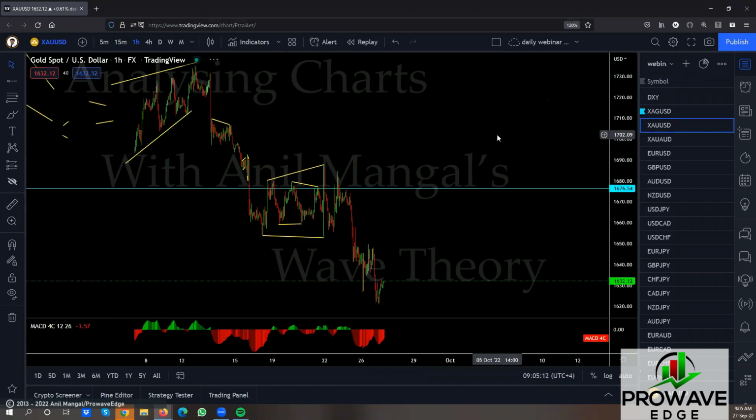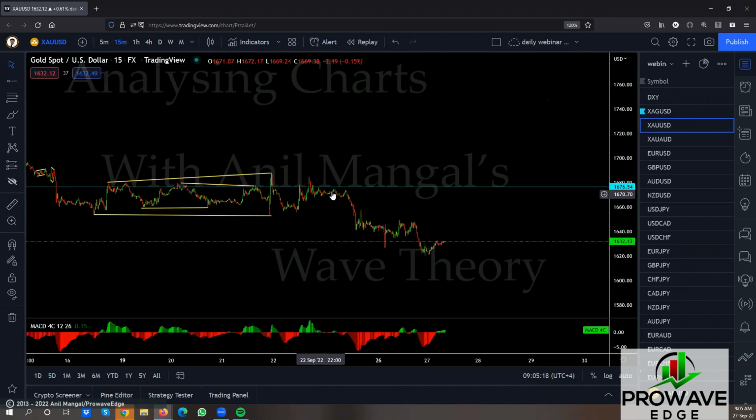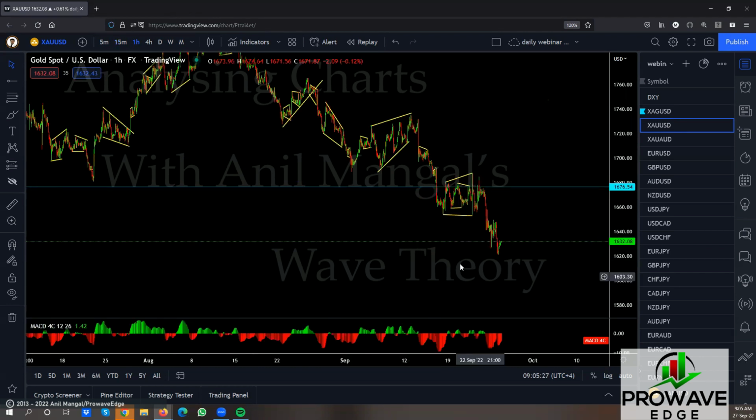Let's go. Gold, that was a sell. Right, we got this, we sold, we got this flat. We expect that to go back up. It did go back up. This one, it started to give you sell setups. This would have been a good sell. This here probably would have been a sell that turned out to be a break even. And now we see if you have another sell setup. Nope, we don't have a sell setup.